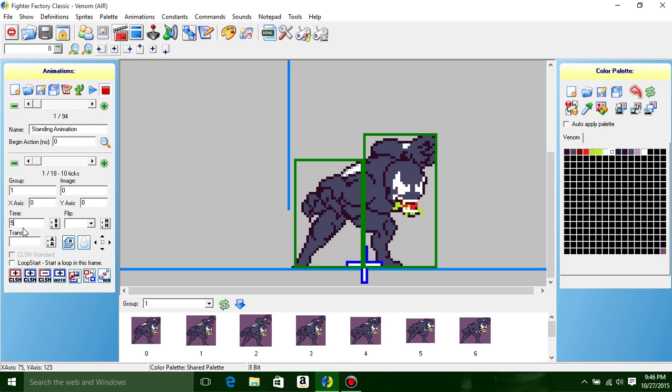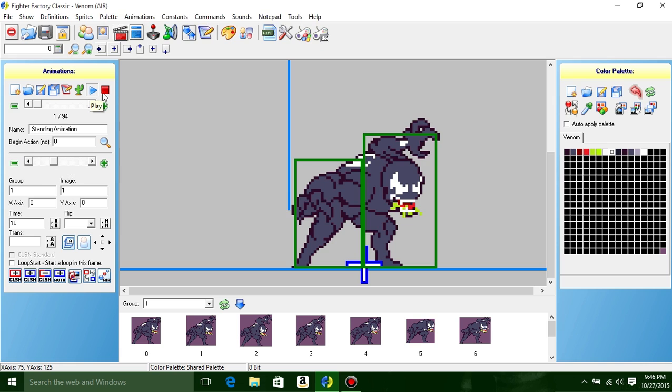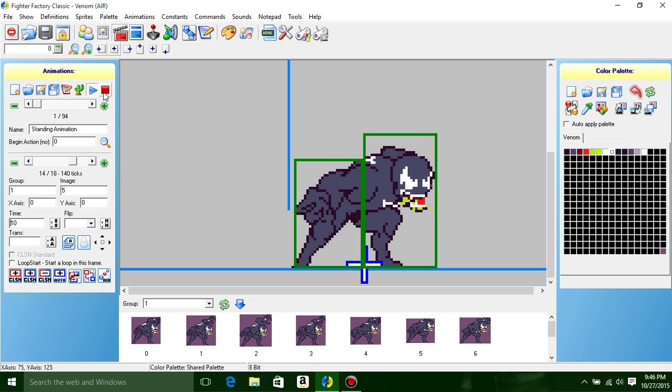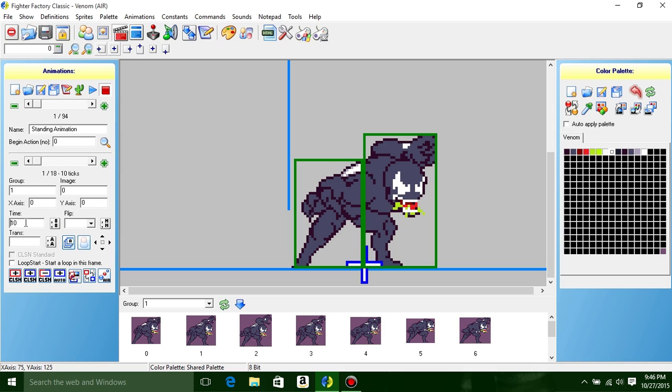The smaller the number for time, the faster it is, and the bigger the number for time, the slower it is. So if you play right now, it's pretty fast. It's pretty flat. It's pretty fast. And then if you were to make this, I don't know, like 111, something crazy like that, and you press play,